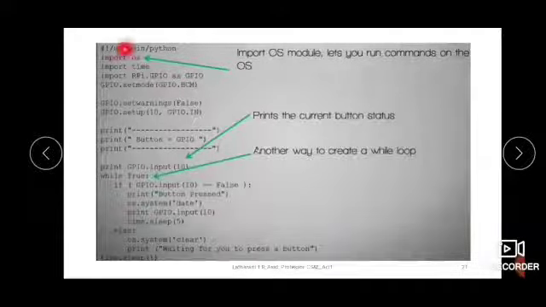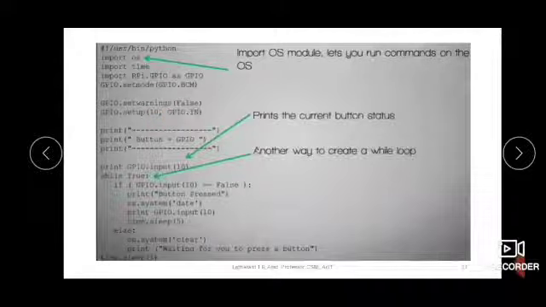So here this is the interpreter line, then import os. We are making use of the os package. This import os module will let you use commands of the operating system. Then import time for delay, then GPIO, then BCM, which we have seen earlier, so I am not repeating it here. Then set warnings to false, and now here you can see the setup for pin number 10 is done and it is taken as an input pin.